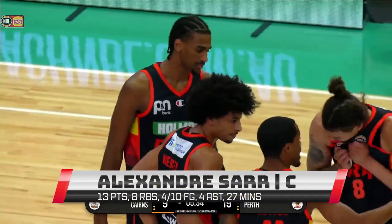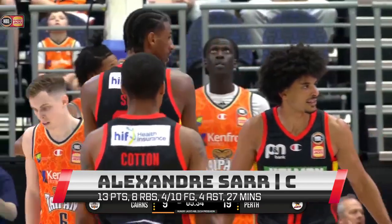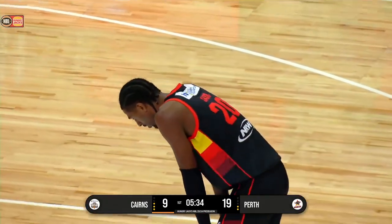First up, let's take a look at the Perth Wildcats versus the Cairns Taipans. 7'1" French big Alexander Sarr is getting some early buzz as a potential top 5 pick. He had a more modest showing against the Cairns Taipans after a pair of dominant games versus the G League